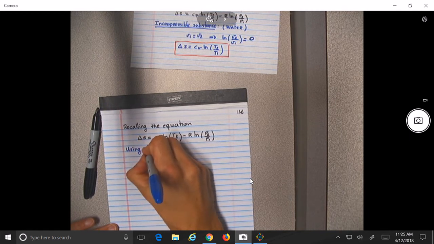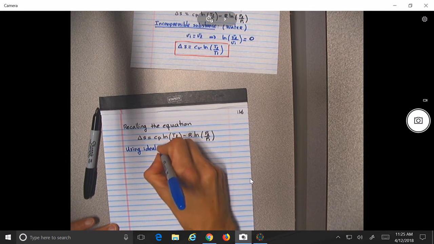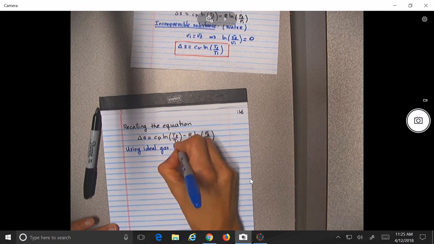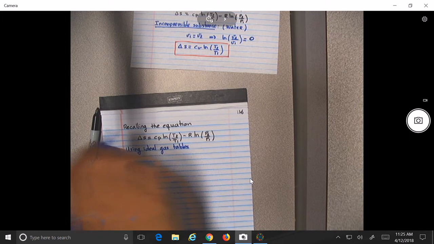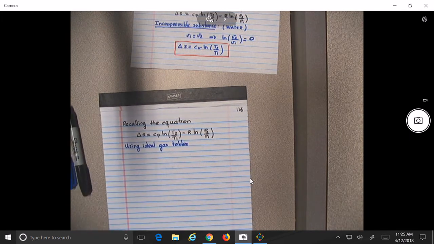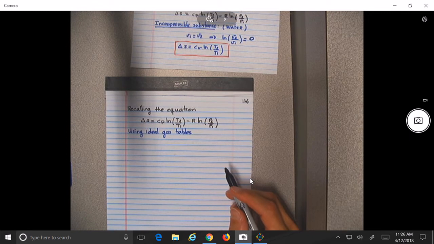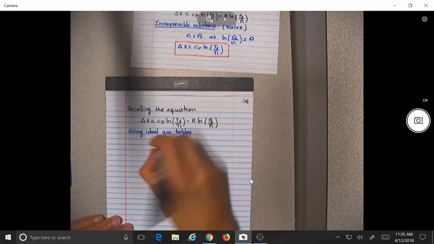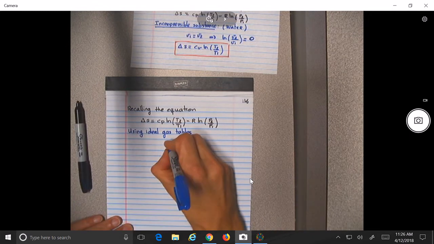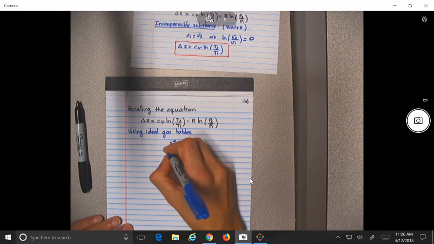Okay, so all this stuff is using ideal gas tables, which I don't like to use, okay? I have to tell the truth. Every time I can do the calculations, I do the calculations. I don't like to use those tables. So because of this, you're going to see right now, basically using ideal gas tables, they define S sub o,